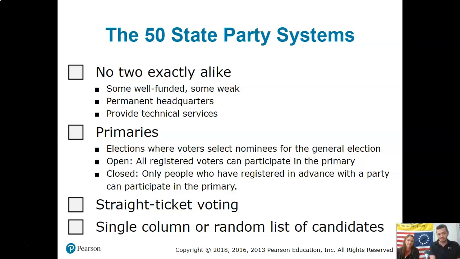You'll see at the top of some ballots, they'll have just Republican or Democrat, and you can check one of the two, and when they count it, that ballot will go for all the Republicans on the ballot or all the Democrats on the ballot. Again, this depends on the state. Not every state has the same system. Some states you do it electronically. Some states it is still on paper.